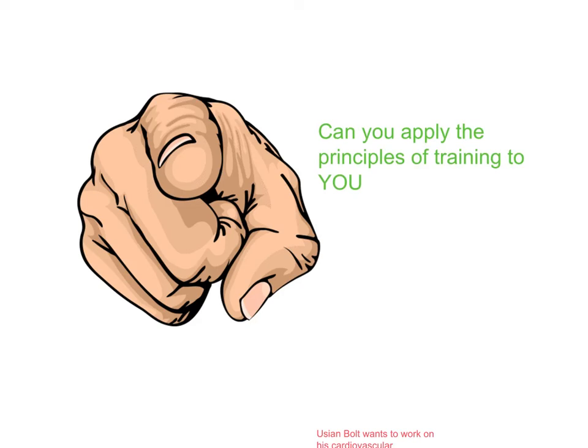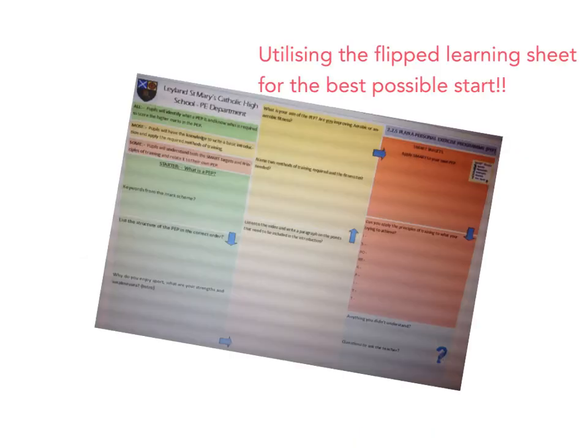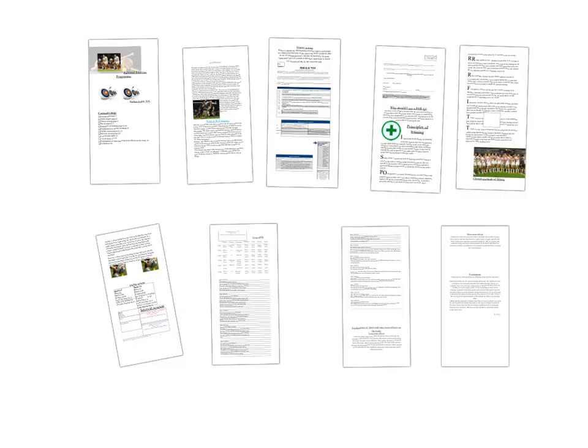Once you've done that, if you have any further questions or anything that you didn't understand, there's a little blue box at the bottom of your flip learning. Enter your question or anything that you didn't understand, a little bullet point, so that when you come to class we can fulfil that answer. What I would add is that there is a